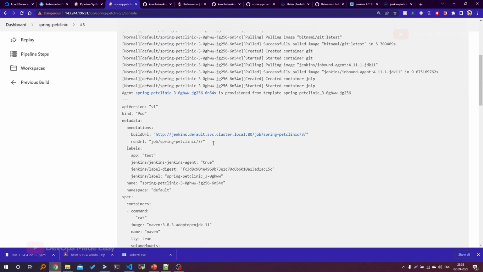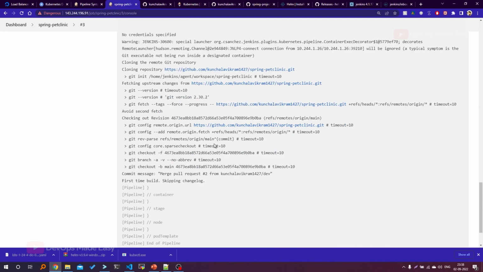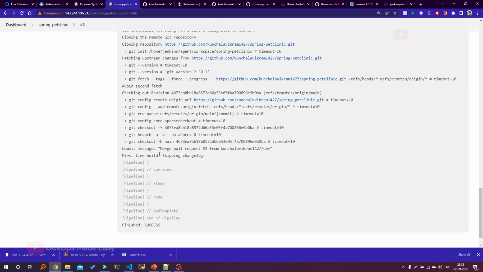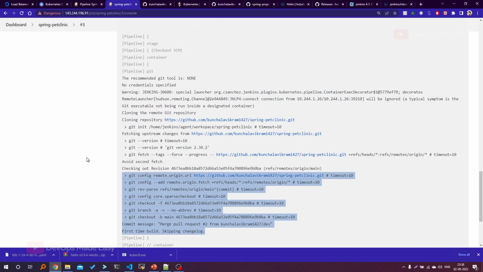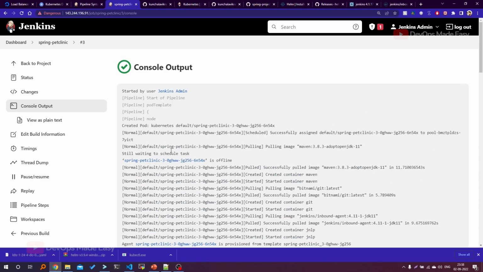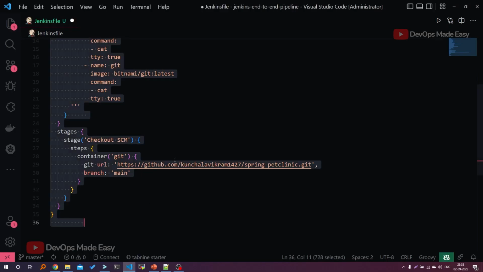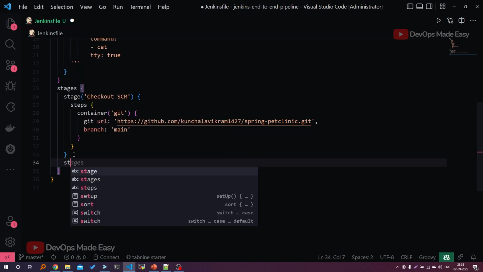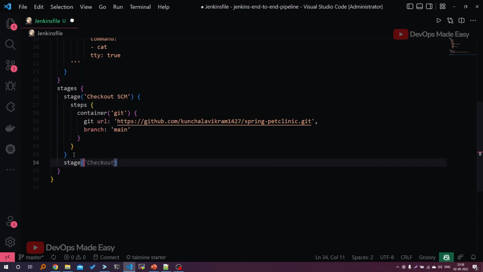Here if you go to the pipeline, it is successful. You can see that inside a container called git, it cloned your repository contents. So you have your repository cloned successfully in the previous step. The next stage should be building the software. So I'll say build software,